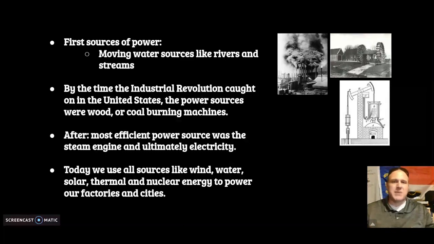So a negative impact of industry, unfortunately, is pollution. Now we are doing things like wind energy. We're back to using water energy, solar energy from the sun with solar panels, thermal, nuclear energy. So we're trying to get cleaner types of energy to run our country, our houses, our homes, our businesses. You have to remember, it goes from moving water to steam engines, and then electricity, and then finally, like I said, what we're using today are cleaner sources of energy.